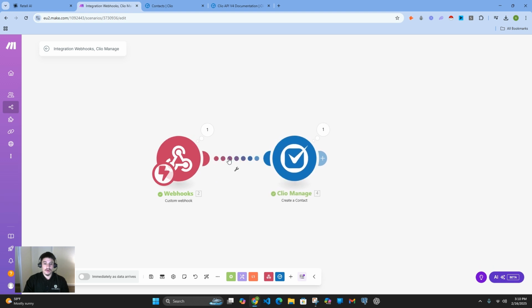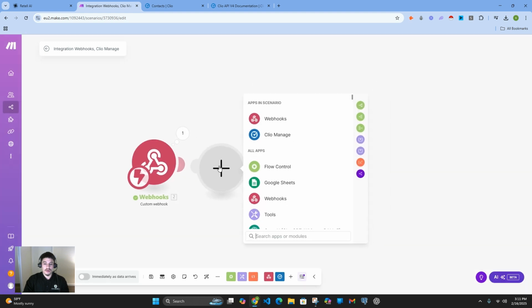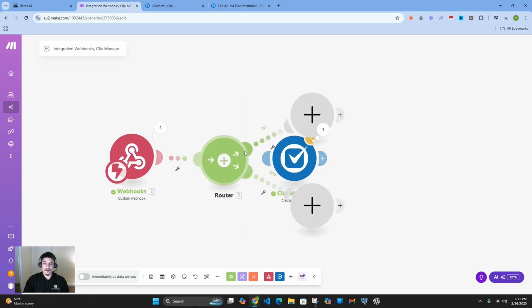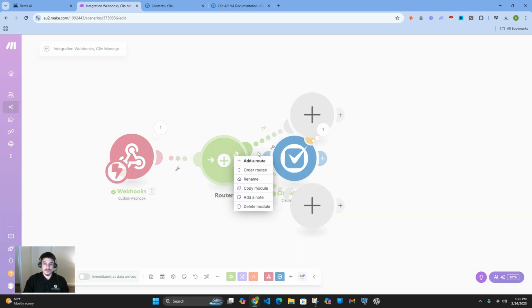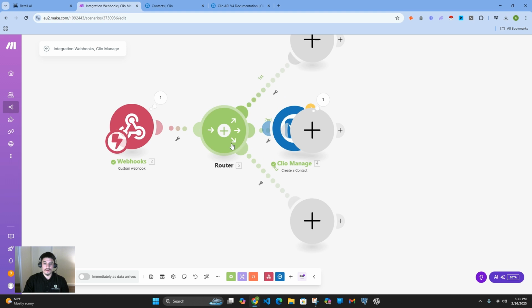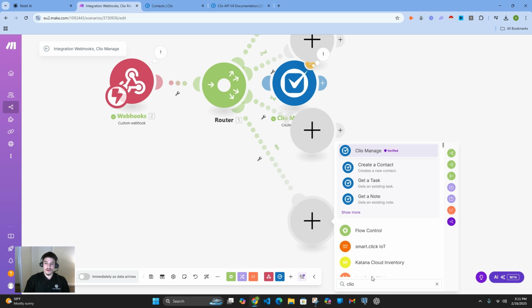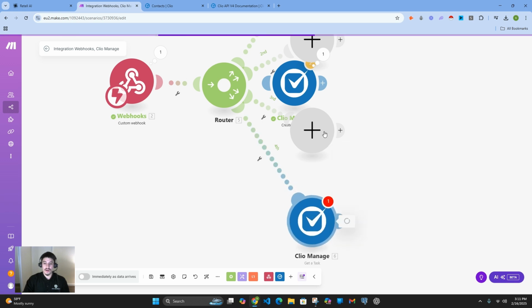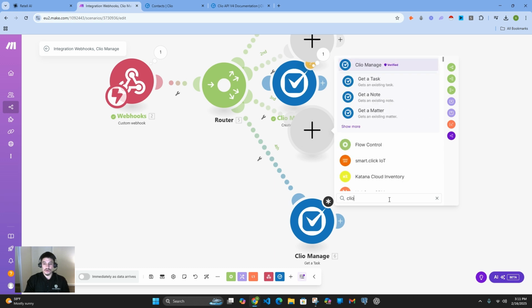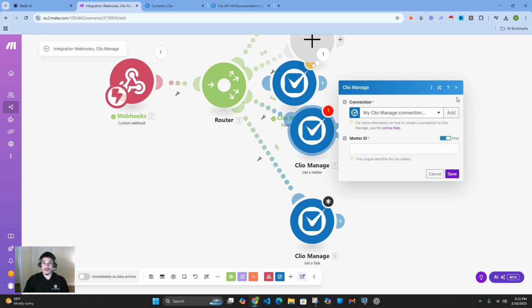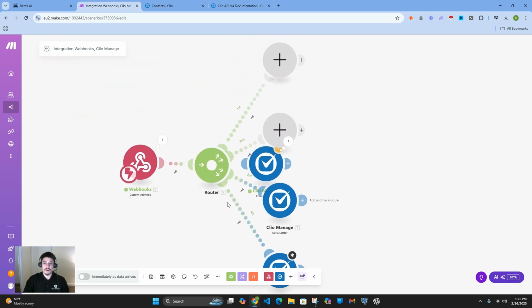But I want to hop back in here, and you can pretty much unlink this. And if you are good at Make.com, you can add a route, so you can add different routes. So you can say Clio, you can get a task, and in this one you can get a matter, or you can create something, right? You can have as many as you want,